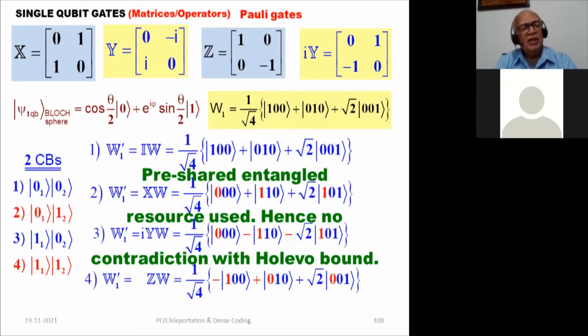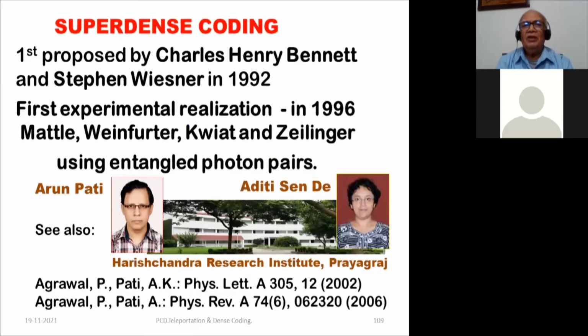We have managed successfully to send information about 2 classical bits. And what has enabled this is not the refuting of Holevo's theorem. It remains intact, but we have used some additional resource, which is the initial 3-qubit entangled vector. So using that,